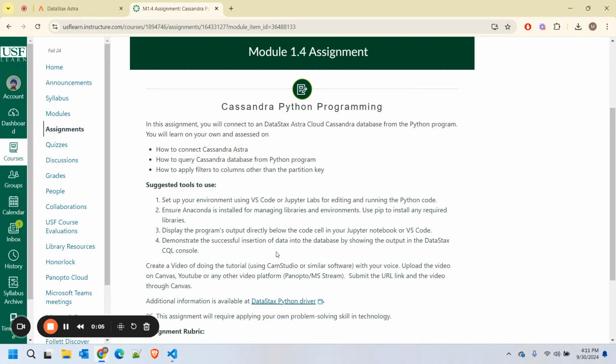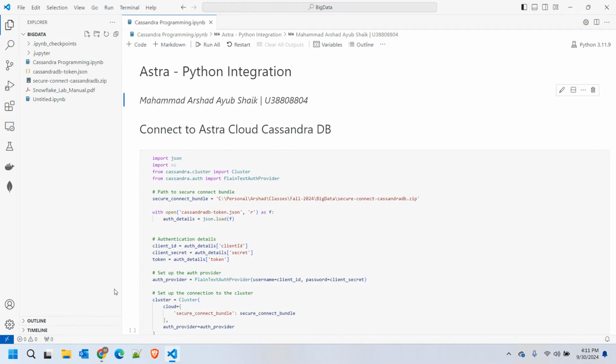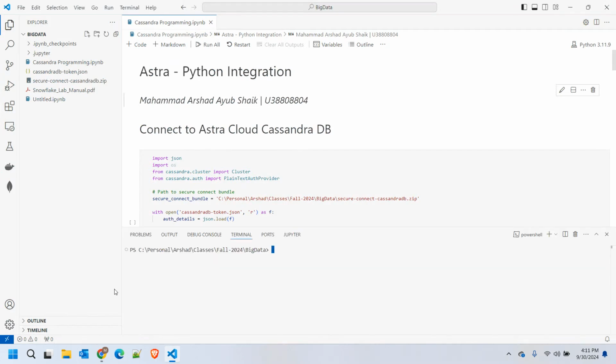In this tutorial, we will see how to connect to the Cassandra database from Astra Cloud and from our local machines, VS Code. We will try to set up a connection between a Python program and the Cassandra database, and try a simple query. Also, we will see how to apply filters to columns that are not primary keys in a table. To start with this, first we have to go to our VS Code, open a terminal, and install a